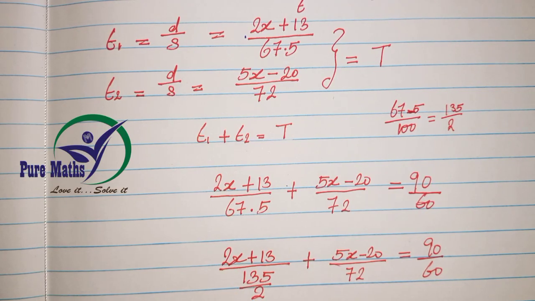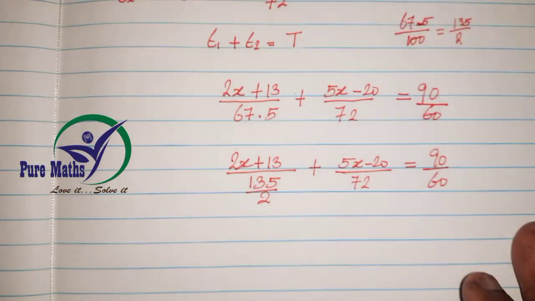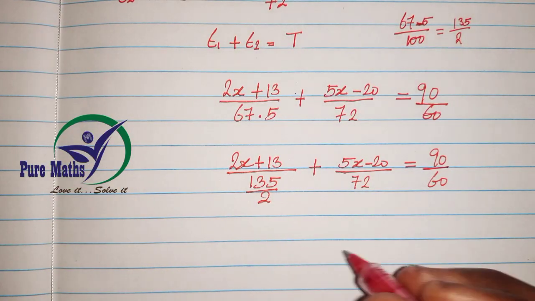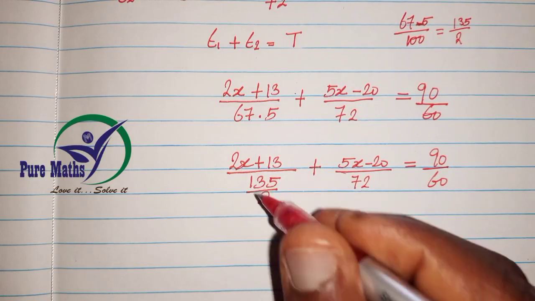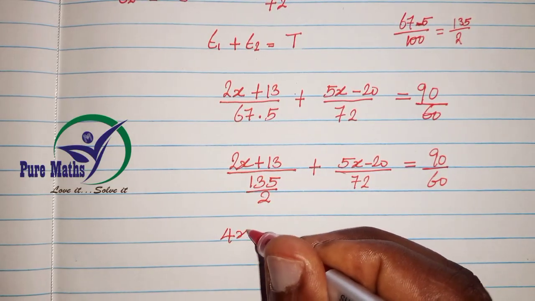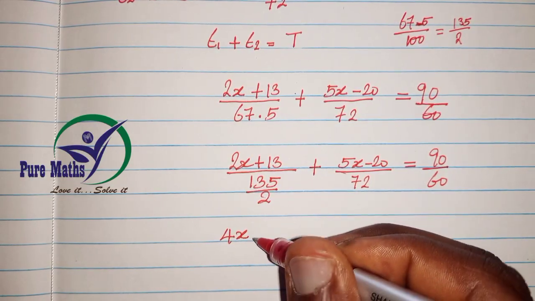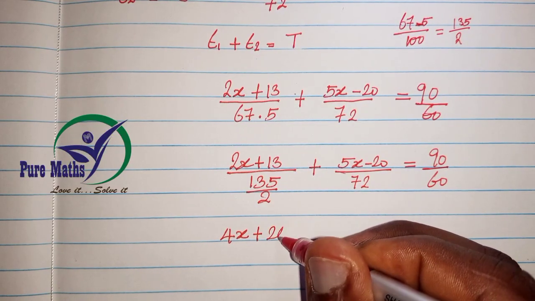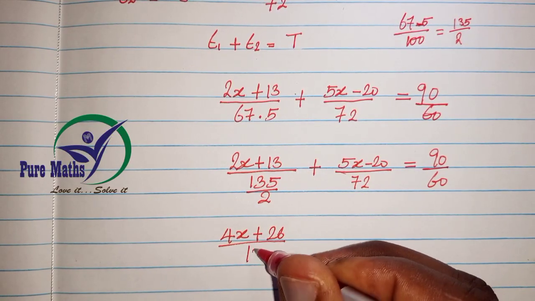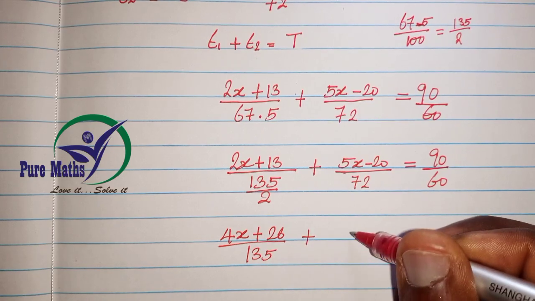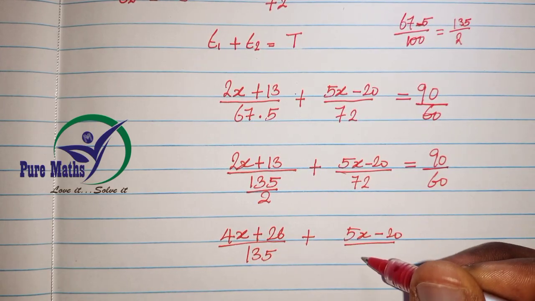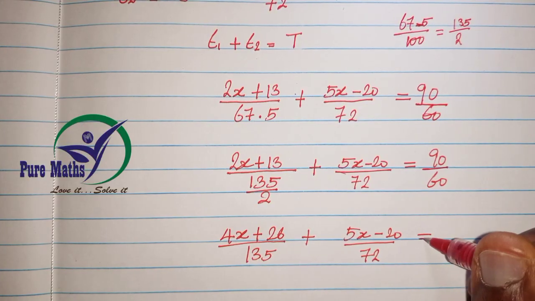So what we'll be having here is 2 times 2x, which is 4x, times 13, we'll have plus 26, all over 135, plus of course we have 5x minus 20 all over 72, and this is equal to